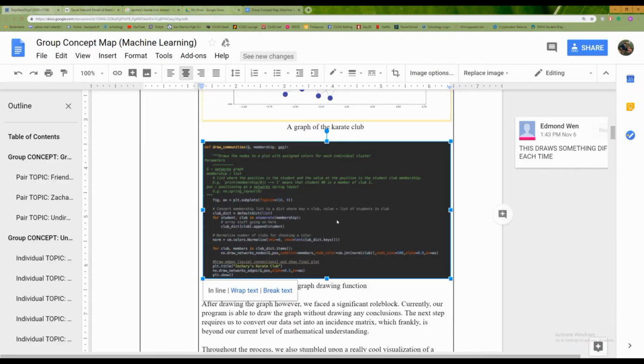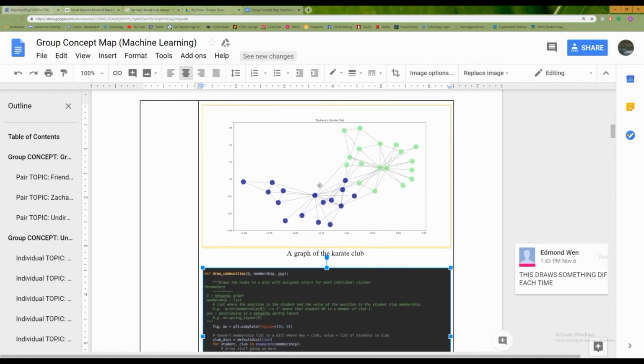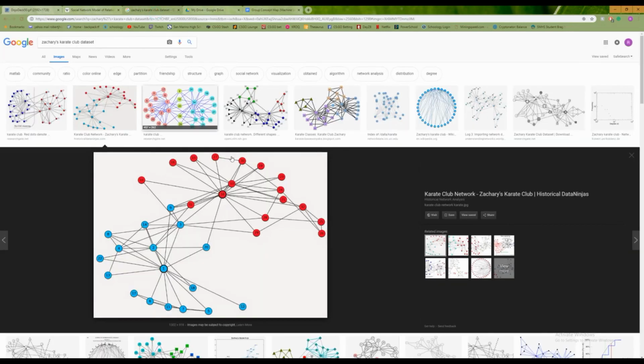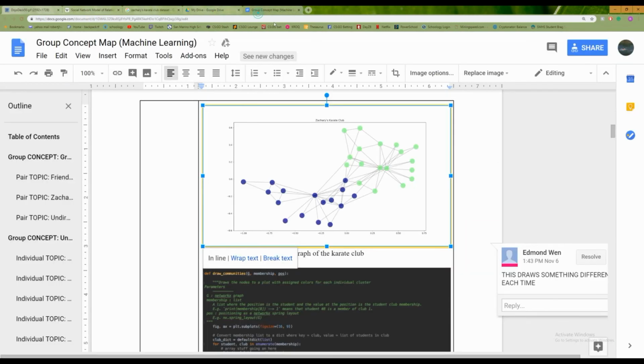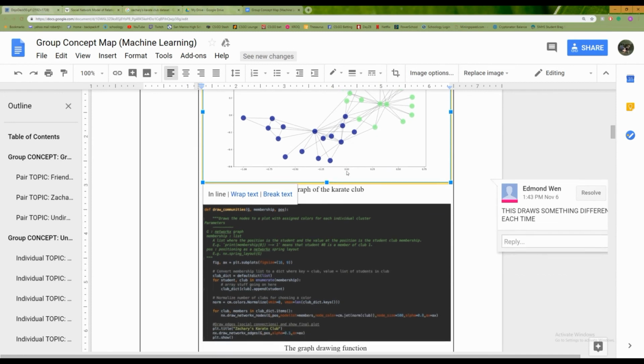Alright, and I know I'm breaking cardinal sin here by going over to the concept map, but sadly I cannot access these pictures any other way, and I did not necessarily feel like rewriting the entire code. So up here you can actually see a picture of the type of graph that we got, very similar to the one over here. Each time you run these graphs, you receive different pictures, depending on it picking a random point on the efficiency curve of which graph it is going to make, so that's why they're always going to be different.